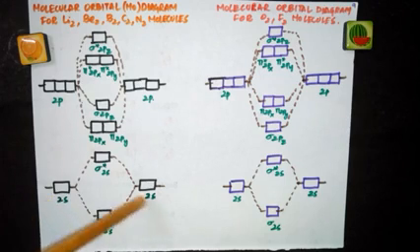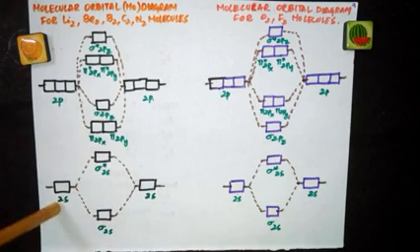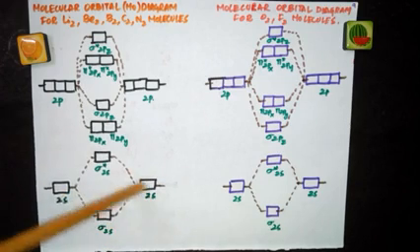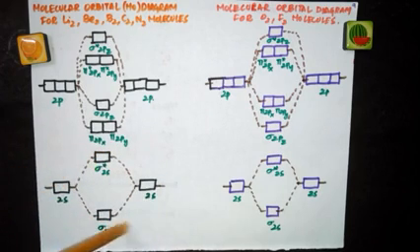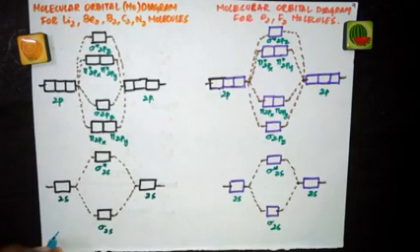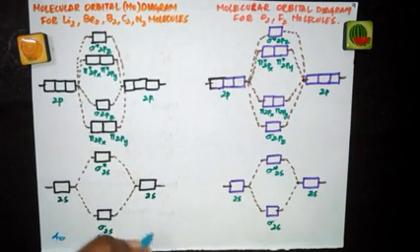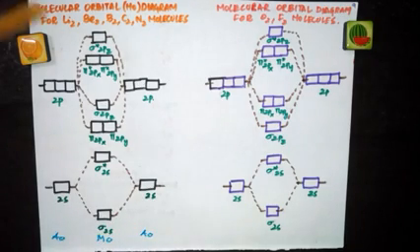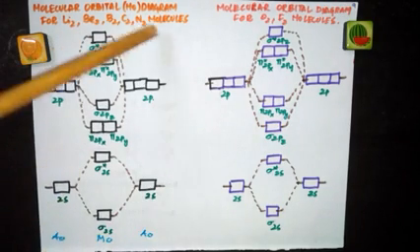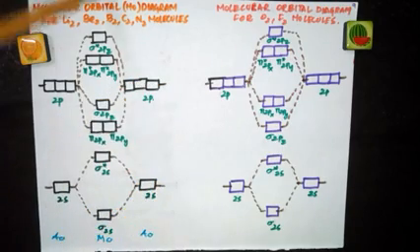So we are starting with 2s. See, 2s, 2s, when they undergo combination, you get sigma 2s and sigma star 2s. This is how you are supposed to represent it. And remember, this is the atomic orbital. You have to write here. This is the atomic orbital. This is the molecular orbital. And this is again atomic orbital. So all these are atomic orbitals and all these are atomic orbitals, and this one is the molecular orbital.